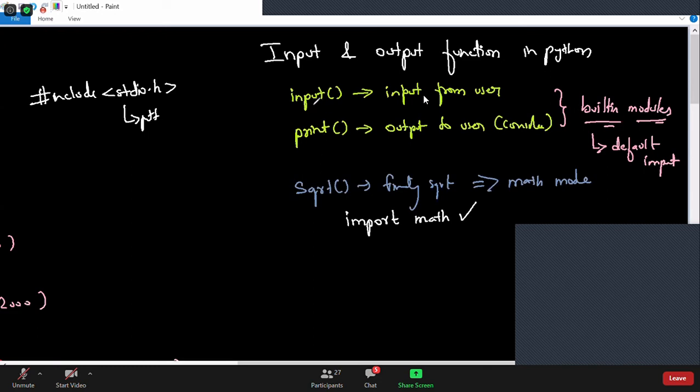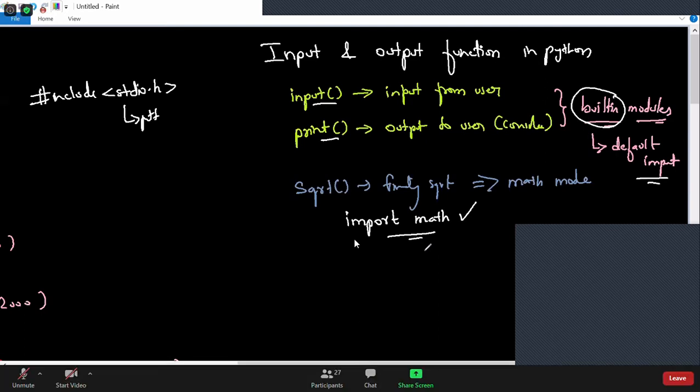But I told you, if you are using input and output functions, you don't have to import anything because they are available in the built-in module, which is imported by default. You don't have to import again. But if you are using any other module like the math module, regular expression module, or random module, there are hundreds of modules available, then you have to import them. Understood? Yes, like a directory or a package, something which contains a group of functions.